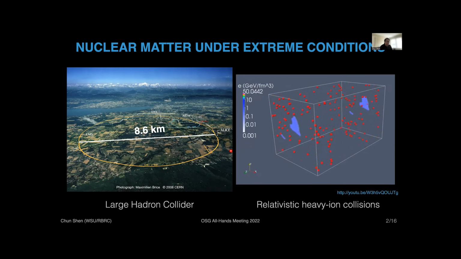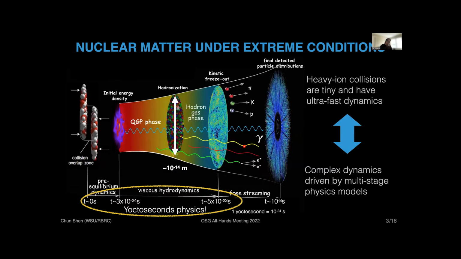This is one of the visualizations we make from the numerical package. What we really want to understand is how matter behaves under very extreme conditions, namely very high temperature or very high densities. We collide two nuclei with very large velocities, near the speed of light, and the system will go through a few different phases indicated here. The most interesting phase will be the so-called Quark-Gluon Plasma phase, in short QGP, where the system lives in the form of quarks and gluons,